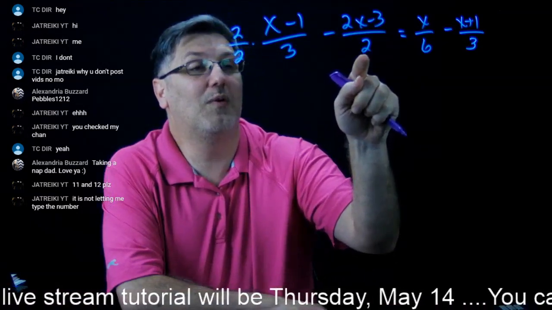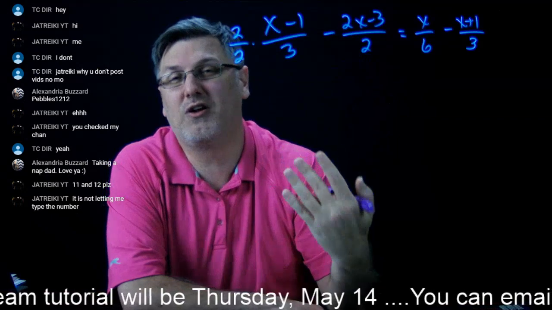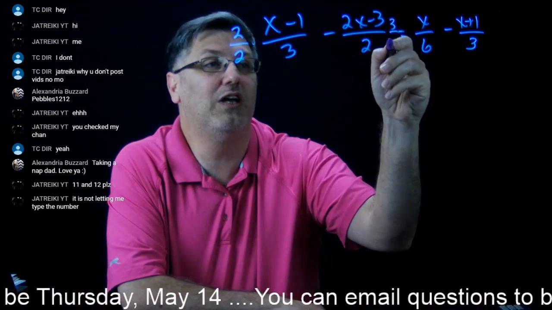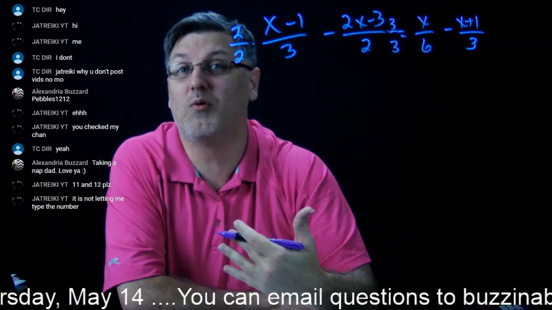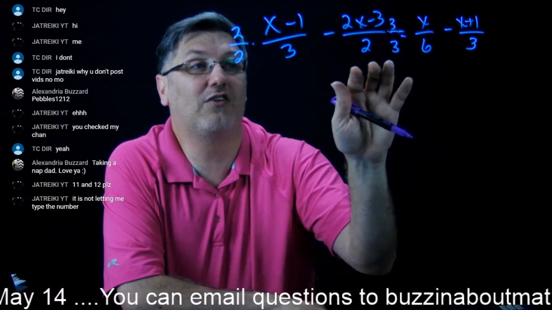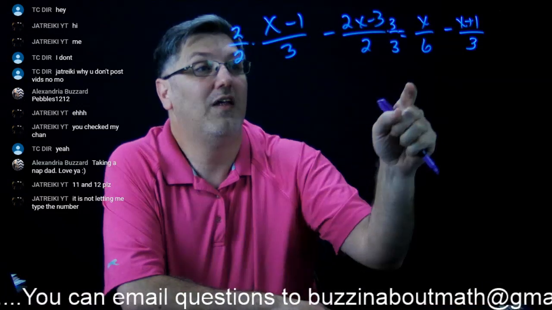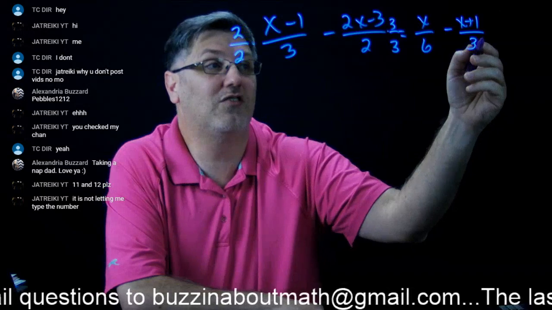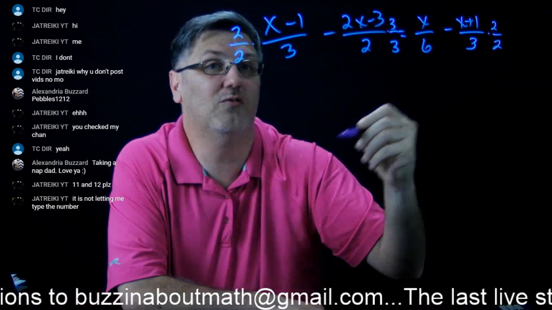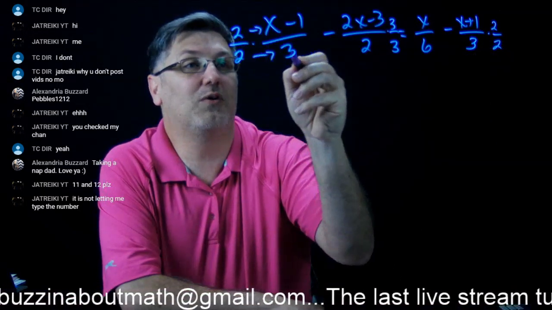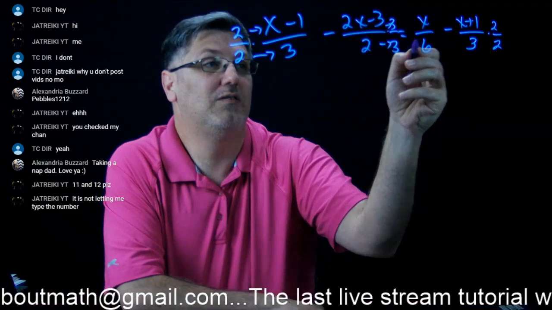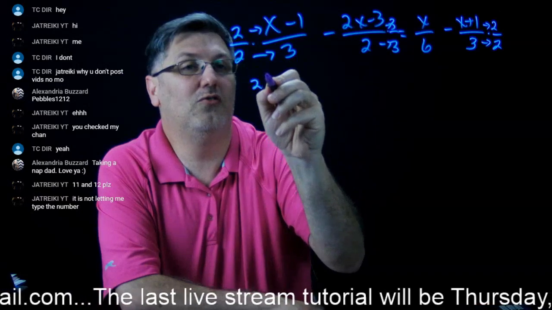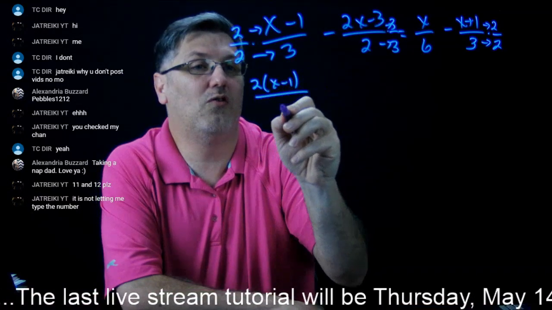I'm going to look at this term and I have a 2 in the denominator. And how do I turn a 2 into a 6? By multiplying it by 3. So I'm going to do 3 divided by 3, which is still the number 1. But now when I multiply my fraction, I'm going to have a 6 in the denominator. Here I already have a 6 in my denominator. I don't have to mess with that. And here my 3, same trick. I'm going to do 2 over 2. Now when we multiply fractions, we go straight across. So I'm going to have 2 times x minus 1 over 6